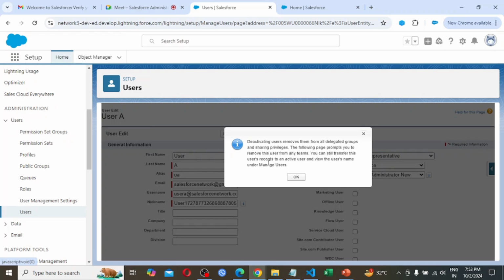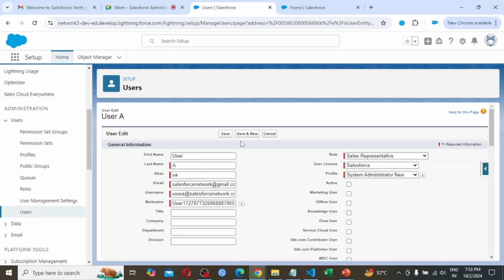You can still transfer this user's records to an active user. So if he is owning some records or data, you can transfer this data, and you can still see this user's information under manage users. So click OK, hit the save button.